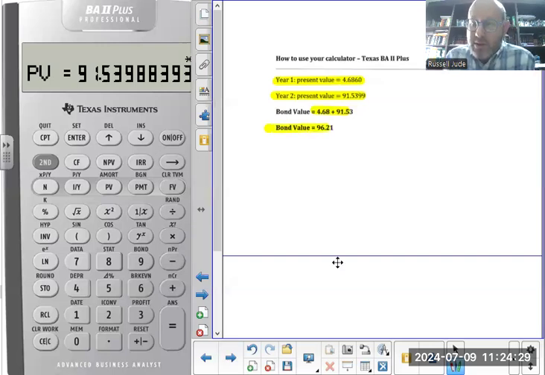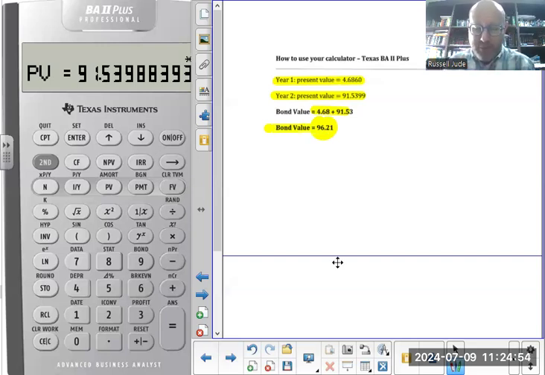In other words, if someone asked, what would you pay for a bond with a spot rate of 6.7 in year 1, 7.1 in year number 2, a face value of $100 at the end of year 2, and a coupon payment of 5% per annum? For such a bond, I would pay